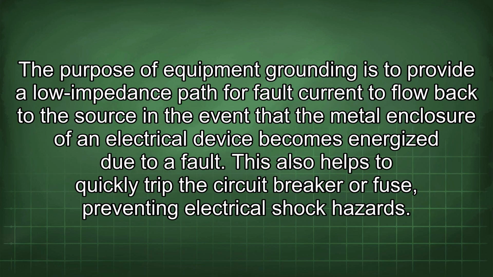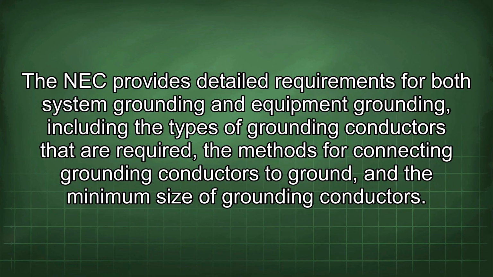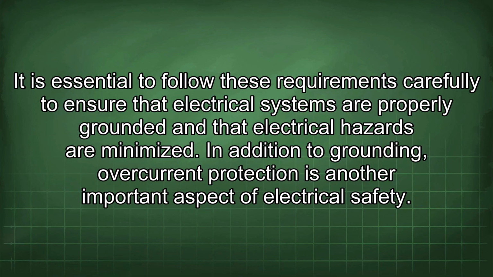The purpose of equipment grounding is to provide a low impedance path for fault current to flow back to the source in the event that the metal enclosure of an electrical device becomes energized due to a fault. This also helps to quickly trip the circuit breaker or fuse, preventing electrical shock hazards. The NEC provides detailed requirements for both system grounding and equipment grounding, including the types of grounding conductors that are required, the methods for connecting grounding conductors to ground, and the minimum size of grounding conductors. It is essential to follow these requirements carefully to ensure that electrical systems are properly grounded and that electrical hazards